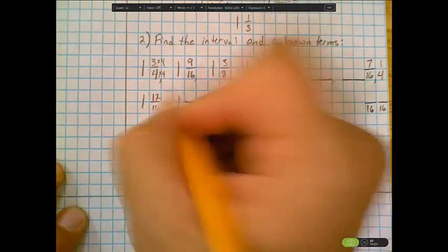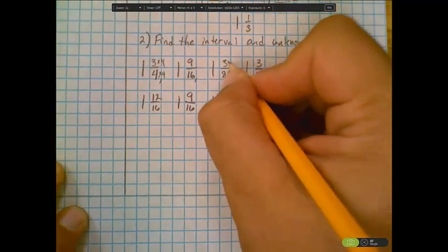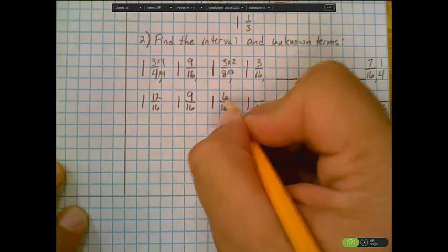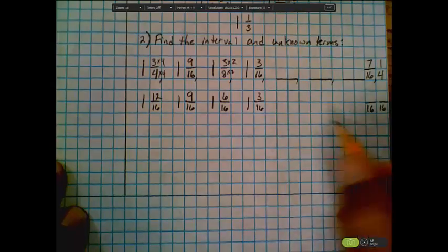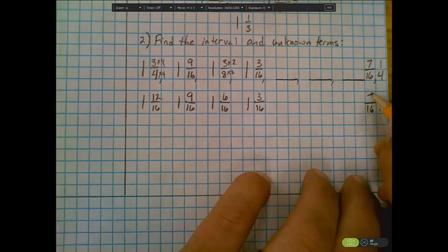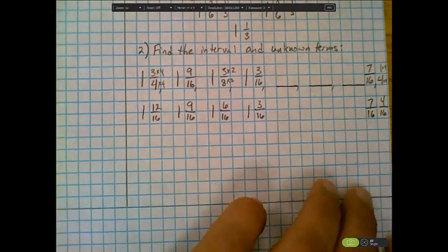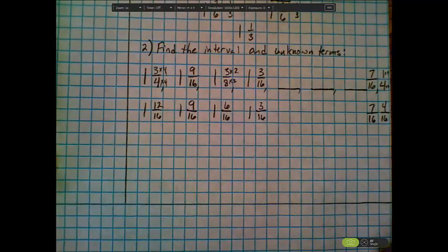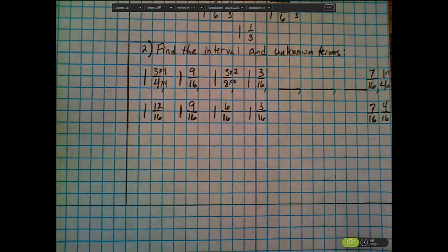So we have 12 sixteenths. That one's already in sixteenths. 8 times 2, so we go 3 times 2, which is 6. This is already in sixteenths. Then we're going to have our unknown terms. This one's already in sixteenths. And then 4 times 4 makes this times 4, and so we have 4 sixteenths there. So we've converted all of our fractions into equivalent fractions that all have the same denominator, and now we can